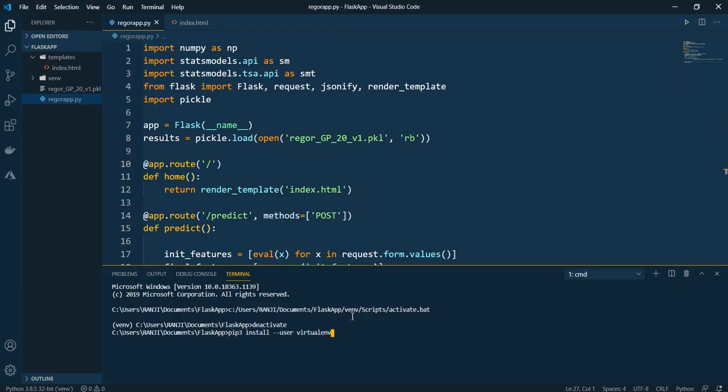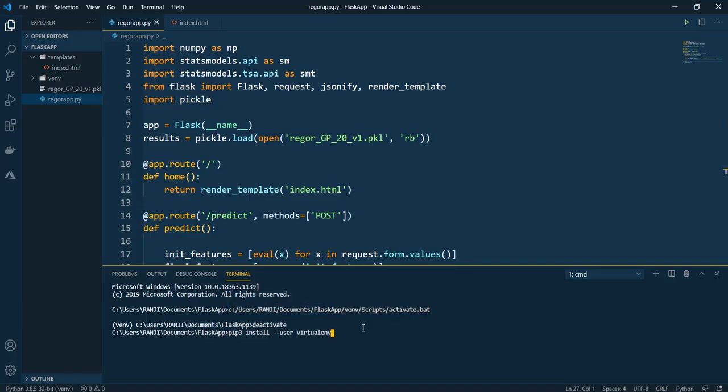This is the page from where you can do this, that is Stack Overflow. So it is loading. From here, once you enter this, it will install the virtual environment to your system, and then you need to activate this. For activation, you have different ways to do this. Once that page is loaded, I'll show you, or I'll put the link in the description. You can check this.